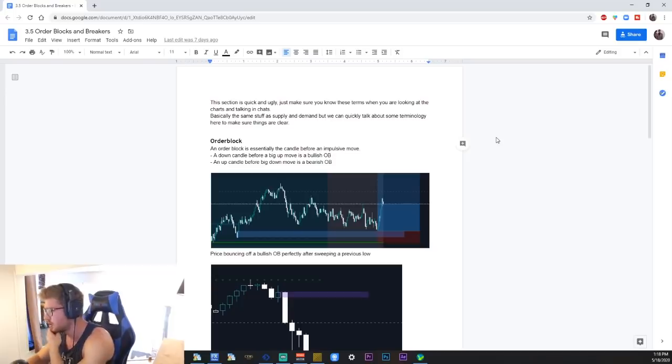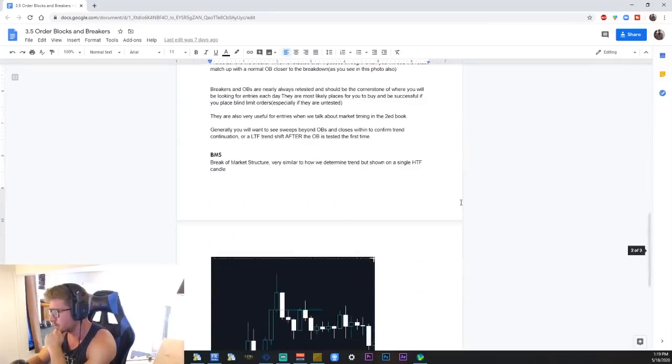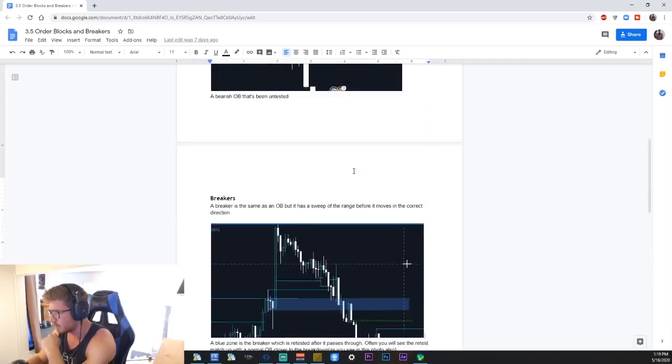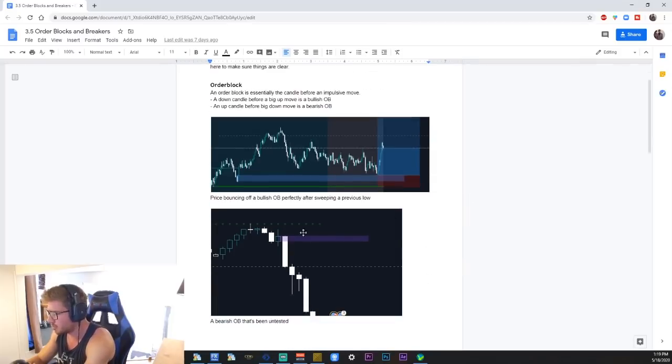Okay, you can see the document here. So this is just part of the book that I sent you, and it's something that I don't think we went over earlier that might be useful to some of the viewers. We're basically just going to talk about the difference between order blocks, breakers, and break of market structure. An order block is simply a point of interest before a major move. So this is a bearish order block right here,